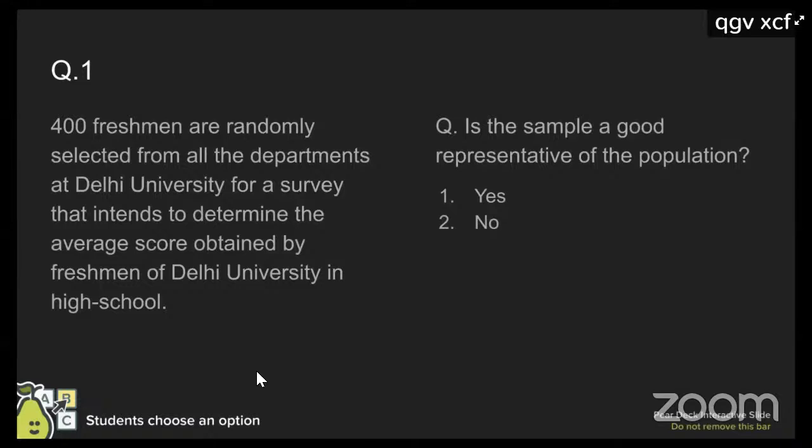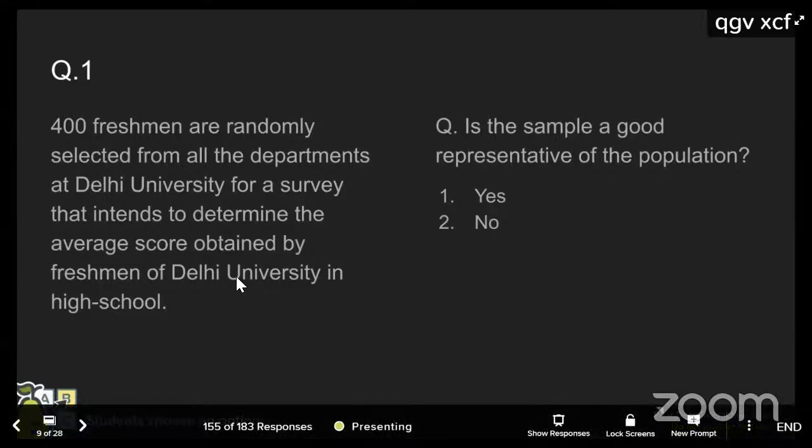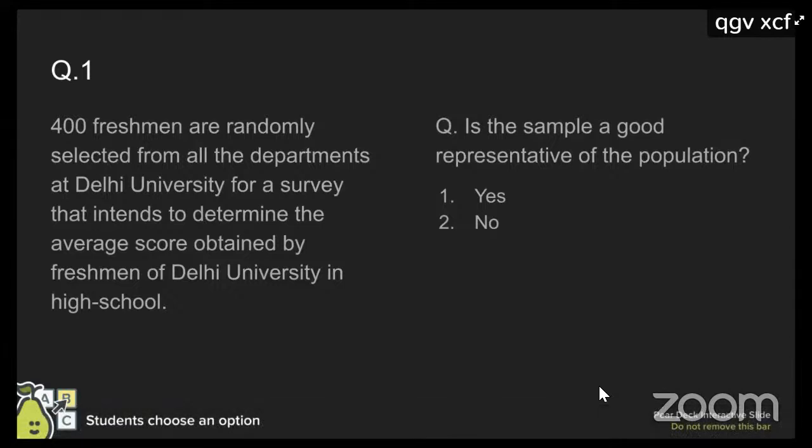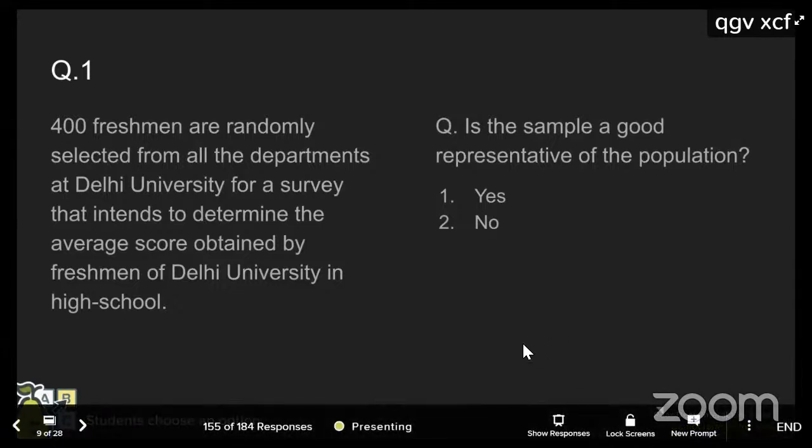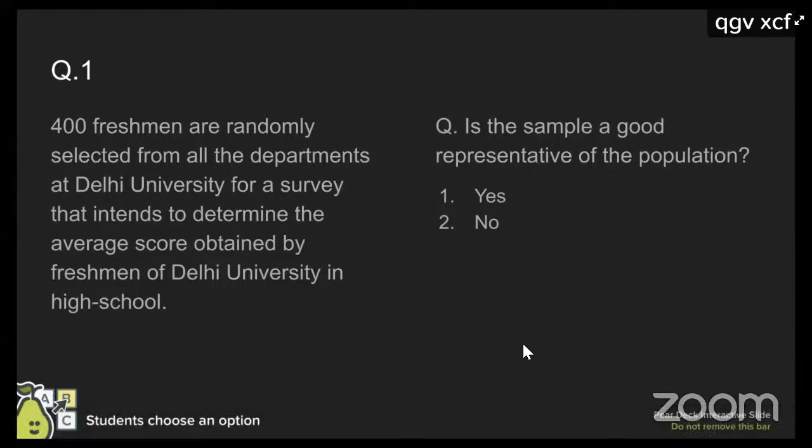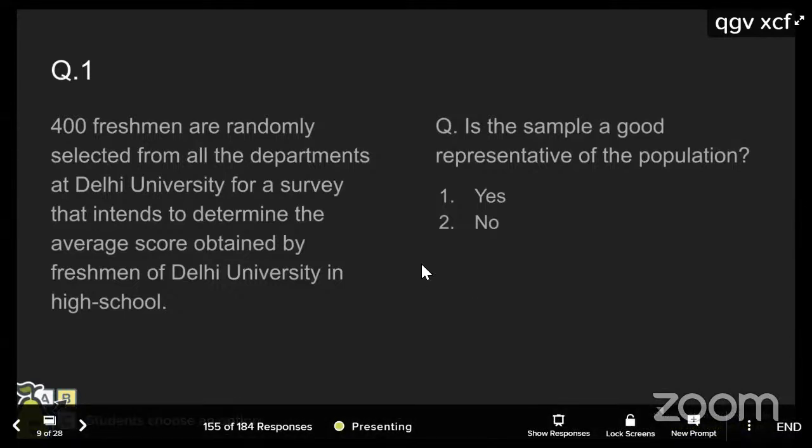So can we proceed with the answer? Sir, I don't wish to be rude, but we have already lost so much time. Can you please fast forward this session? Okay, okay, we'll do. This is for everyone, so we have to do it with everyone. That's why the session is running like this. But we can proceed.